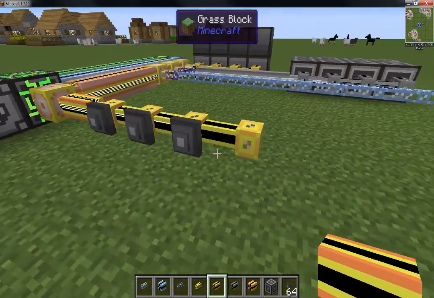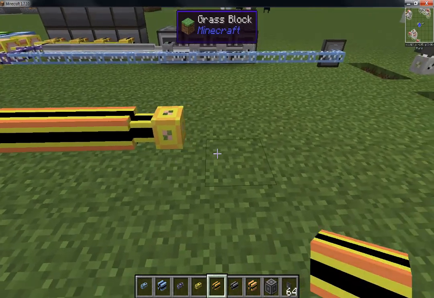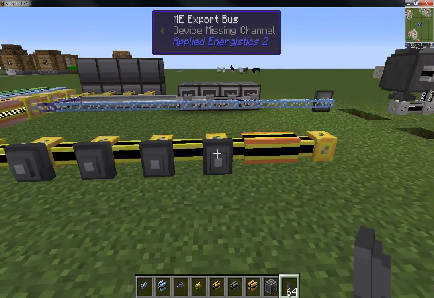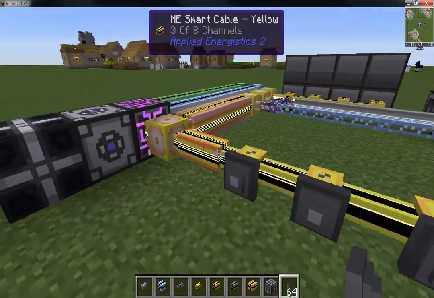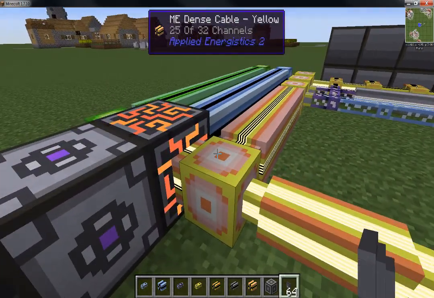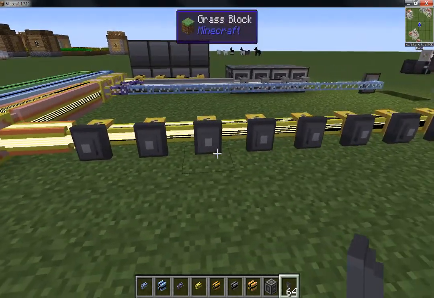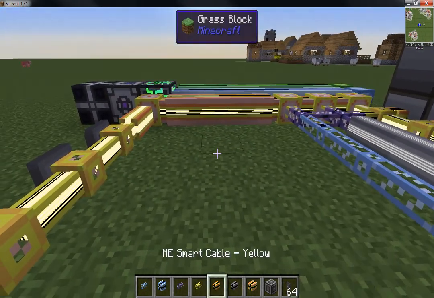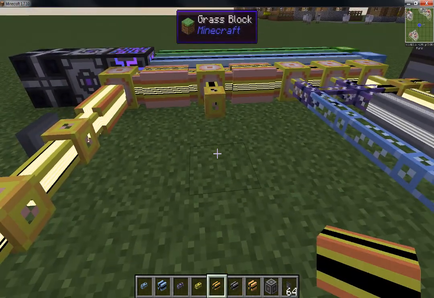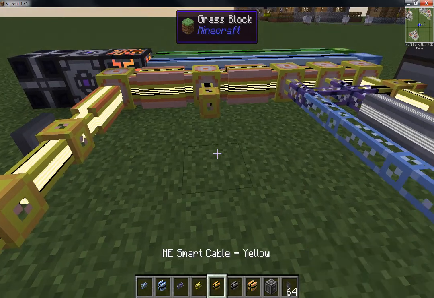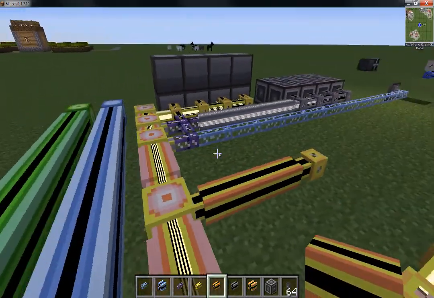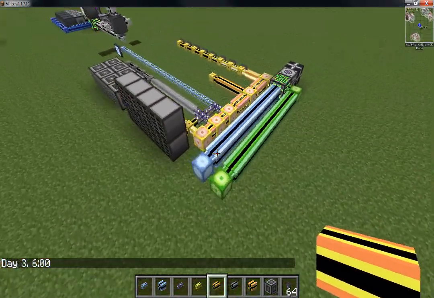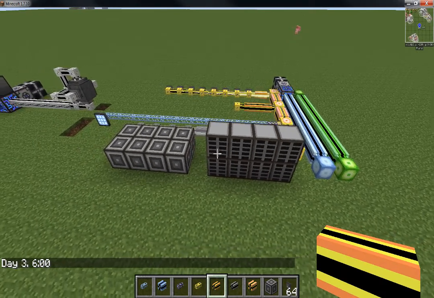So that's what, 3, 4, 5, 6, 7, 8. Bam. So that's using all 8 of those channels. And then again, now we're using 25 of our 32. So I have a fair amount of real estate covered here and using my base. Pretty cool, huh? So you can just kind of look at that and see that you have a little more